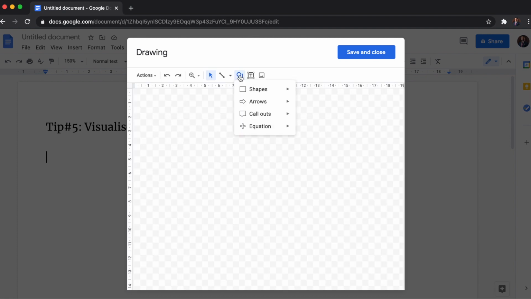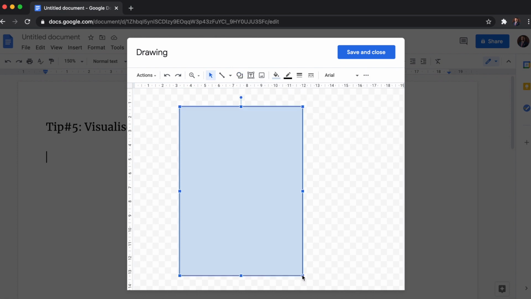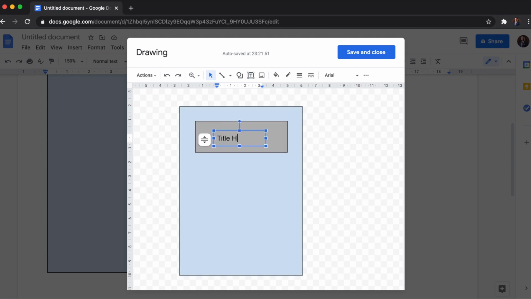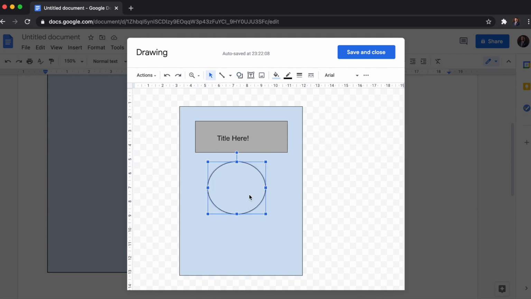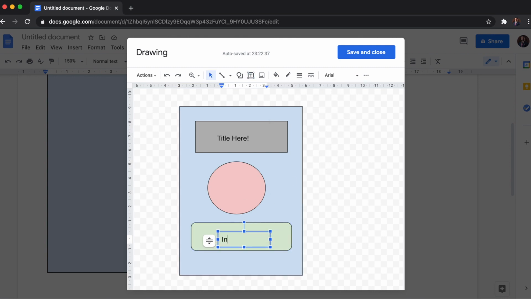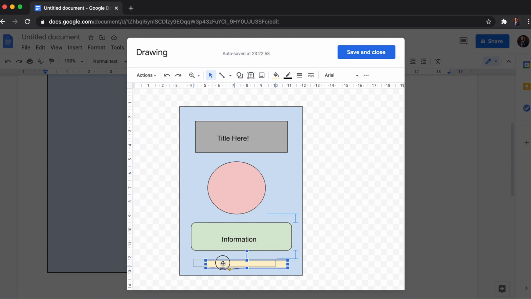Let's say I roughly want the ratio of the poster to be like this, then title on top, in the middle like this. I can even change the color and write title here. Let's say I want an image or logo in a circle to be right here, and to make it different, I can give it a different color, and then I want information in a separate section right below the image, using a separate box here and writing "put information here," and then maybe another section below that with contact information or call to actions. You get the idea.